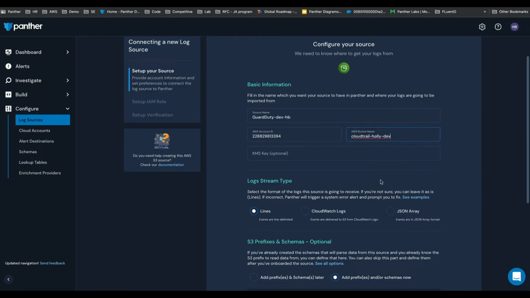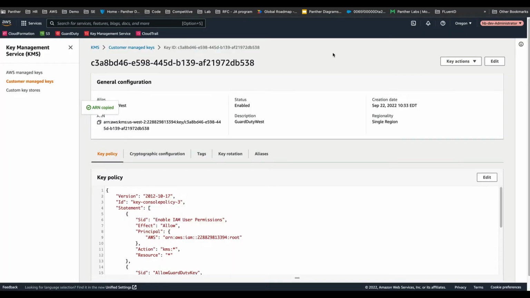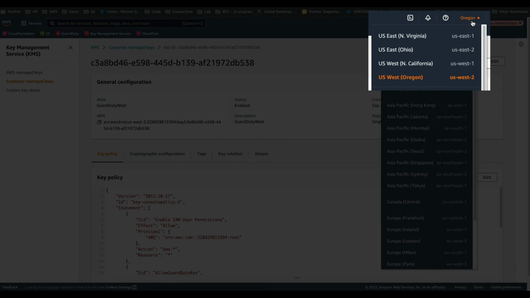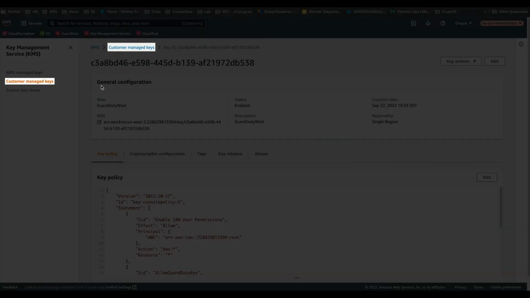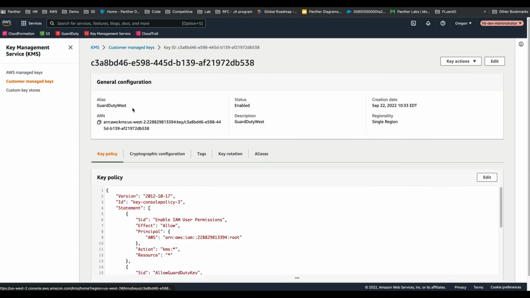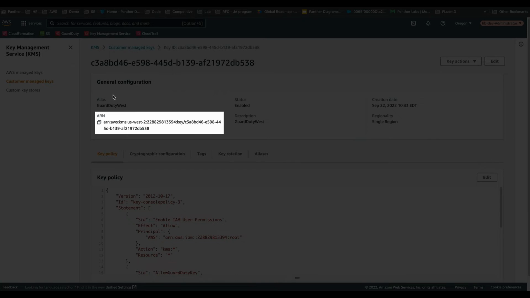We then need that KMS key that we set up. Again, this is region specific, so each region that you want GuardDuty to set up in, you'll have to enable it in all regions if that's something that you wish. My bucket was set up in US West 2, so I just want to make sure that that's the region I'm in. I will then go to Customer Managed Keys. I can see that my GuardDuty key is there. Once I open that key, I can copy this ARN,